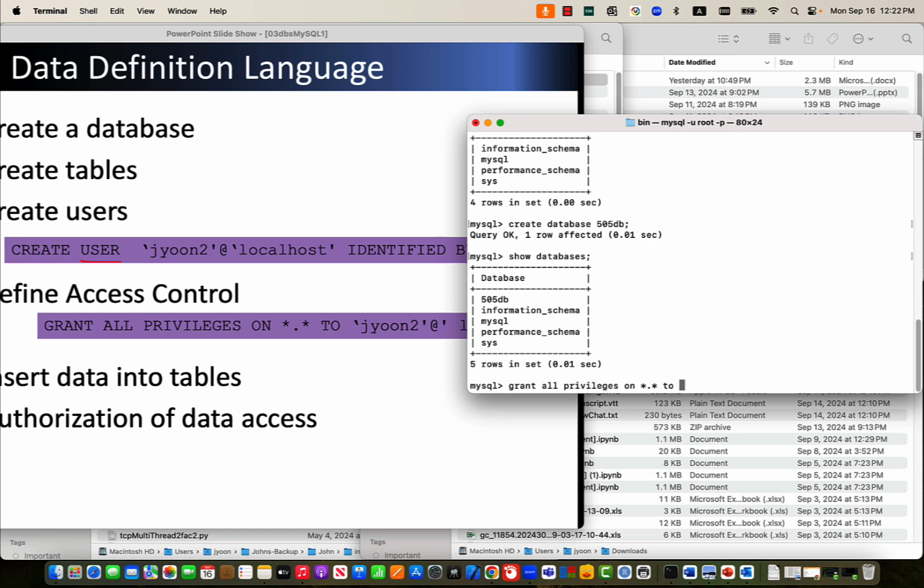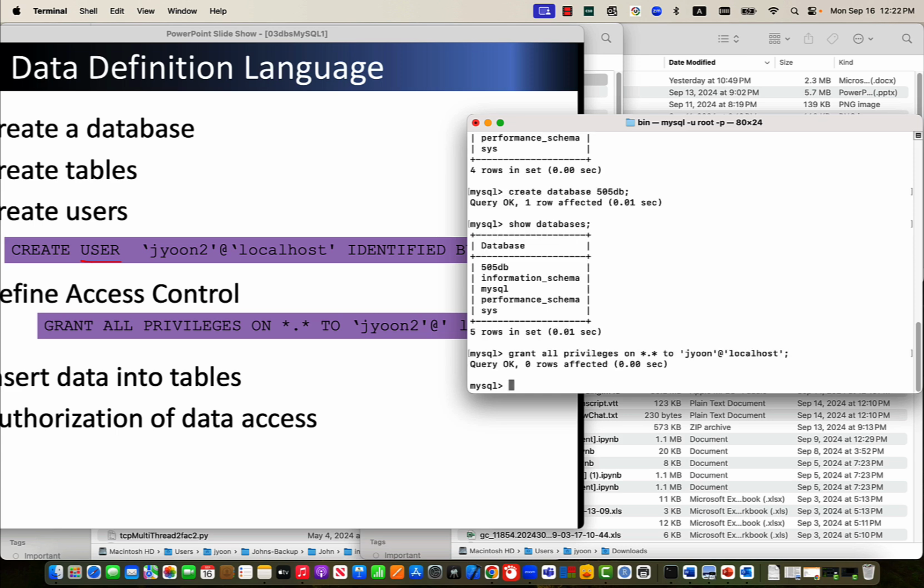So we want to give all the privileges, all the database, all the table to Jaeyun at localhost semicolon. Hit enter. Okay, and then let's quit,